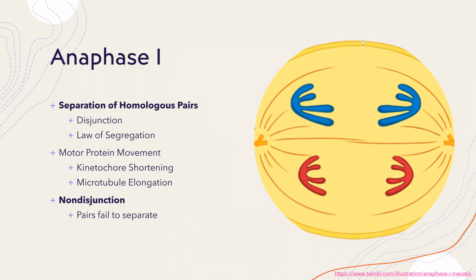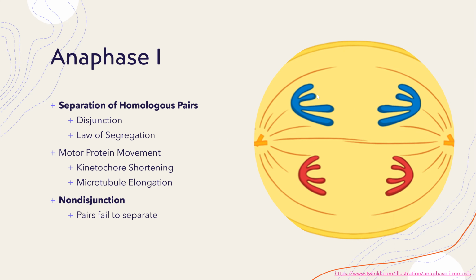No, we don't need to know each specific type of non-disjunction disease. I'm just letting you know because these are 3 of the most important ones that came up for me several times. I believe I do have a question about it later, but the one I would 100% recommend you understand at least a little is trisomy 21 or Down syndrome, where you have 3 chromosomes for the 21st pair of